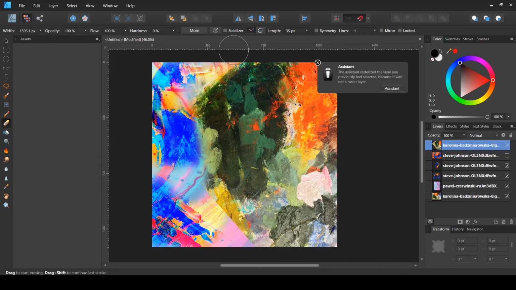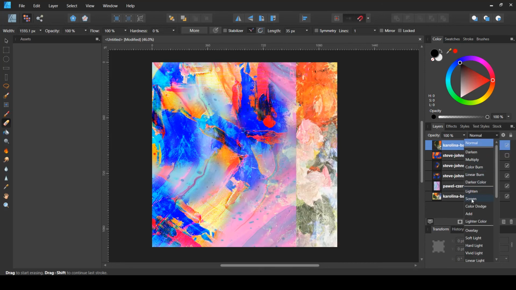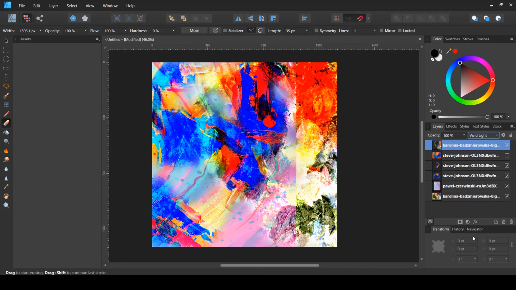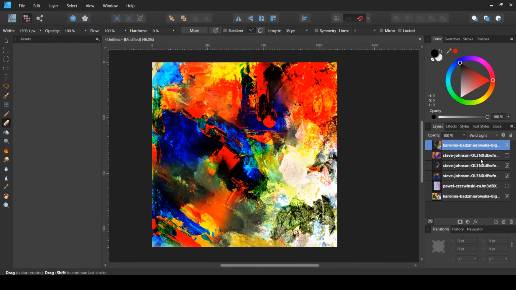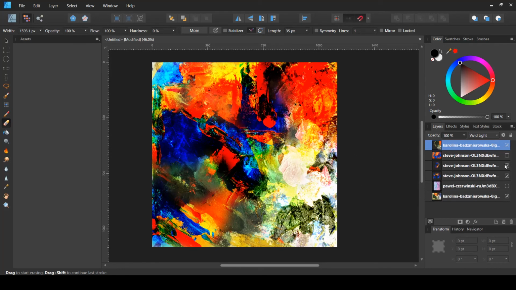So I'll make the edges soft and remove certain elements, and you can do this in any kind of photo editing software, and simply change the blend mode and the way it appears. And let me hide this one. So you can see that from a simple image, let me just hide this layer, this was the original image, and then we have created a different image from the original one.